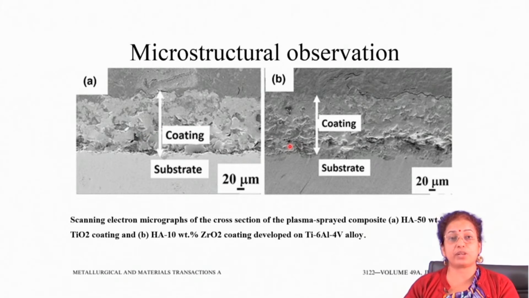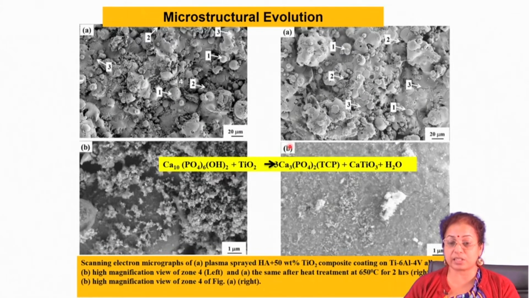They mixed properly, got melted and subsequently sprayed over the surface of the substrate. You can say that there are not many interfaces present between this coating, hydroxyapatite and zirconia or